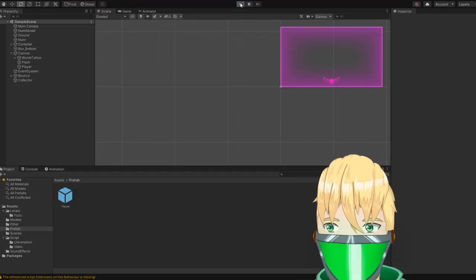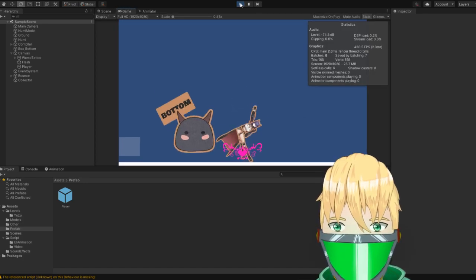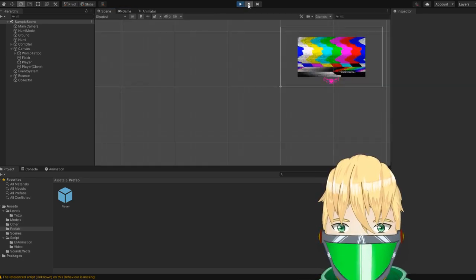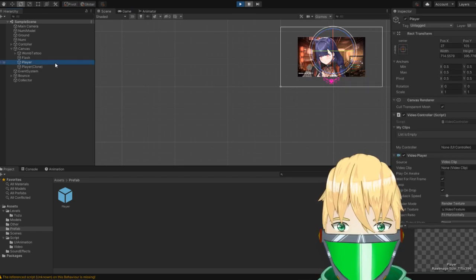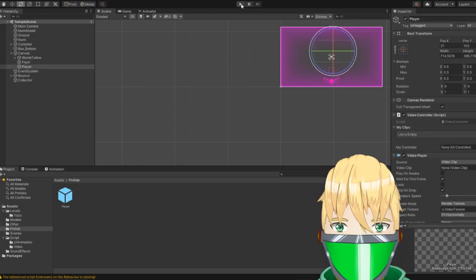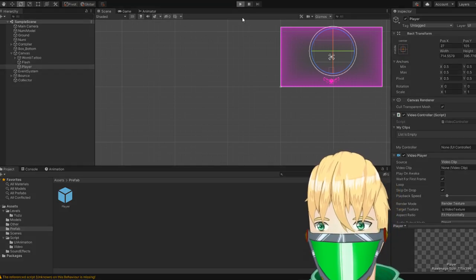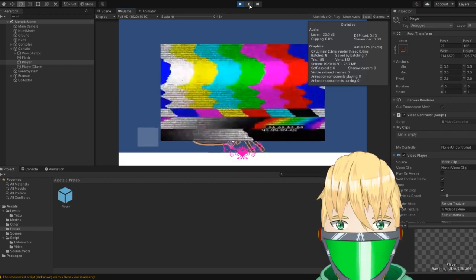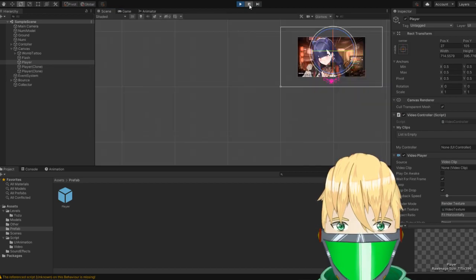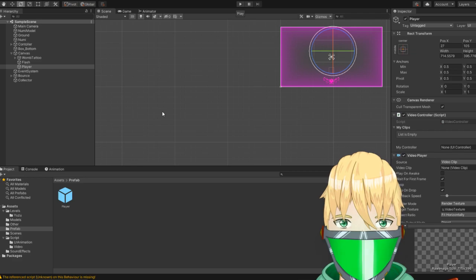This is what I mean. There's so much shit that I have pretty much no control over. Okay, now the player isn't fast enough, but like what? Okay, I don't know, man.